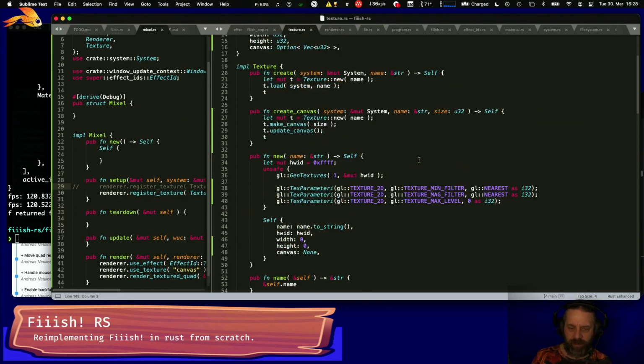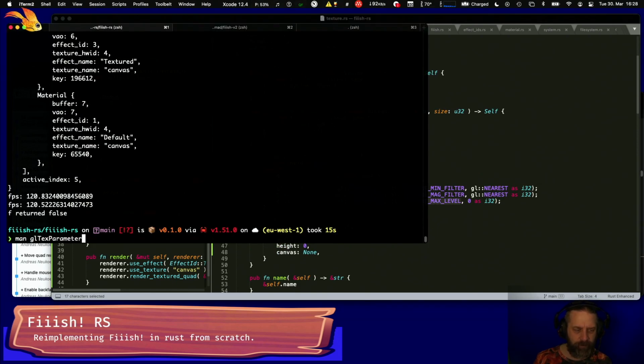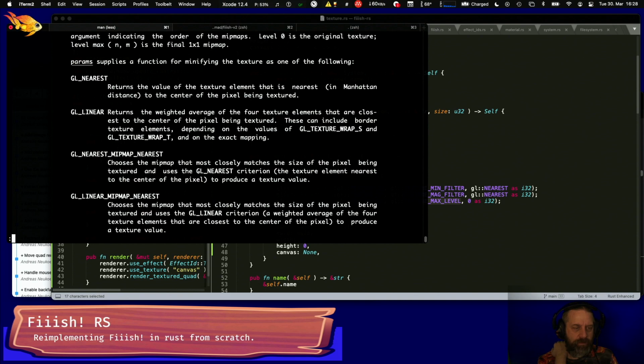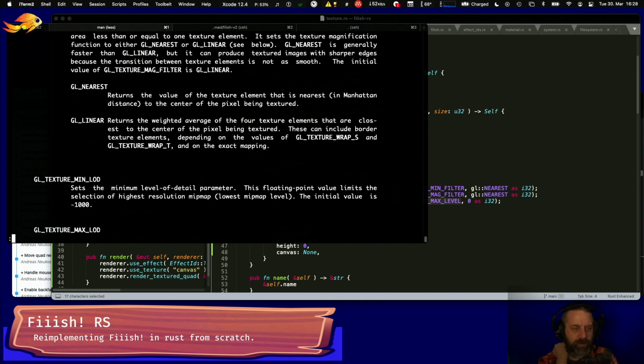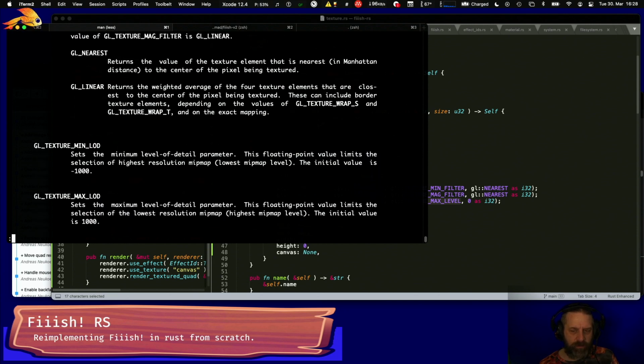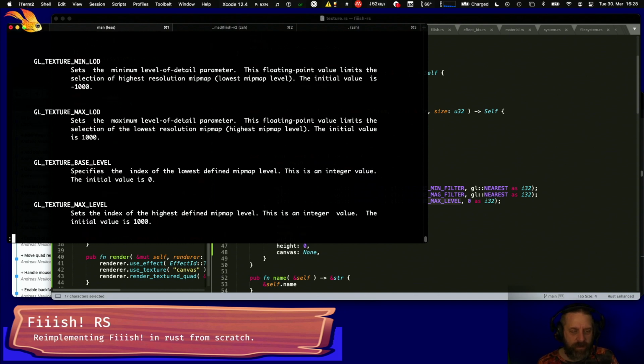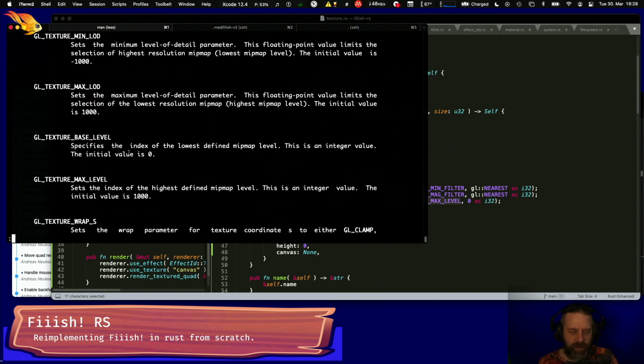But aren't we telling it, hey, don't use mipmap levels? What am I missing? So texture min filter is nearest. Mac filter is nearest. Min LOD. What's the difference between min LOD and max LOD? Texture base level is 0 and 0, so